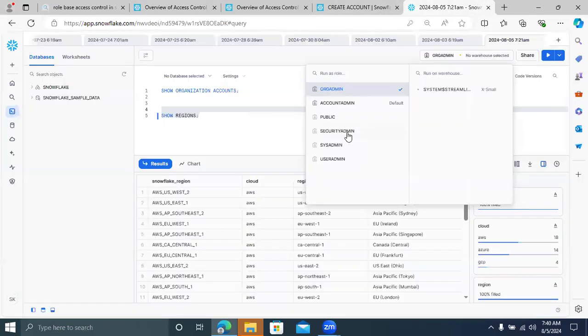What will security admin do? They can create roles as well as monitor them. They can create users. They can access everything. This has more privileges when compared to the user admin. They can create, monitor, and do all the stuff. Now the next one is